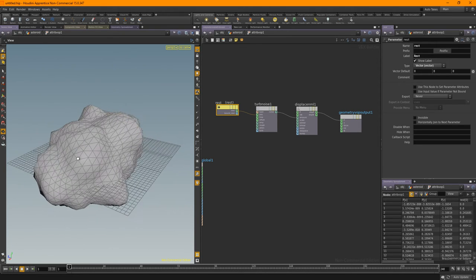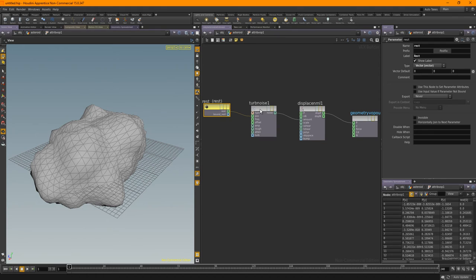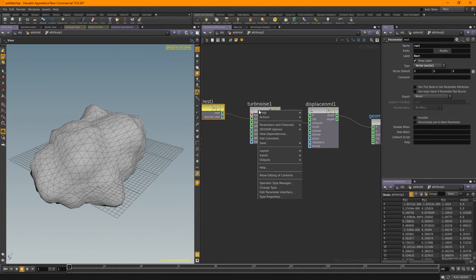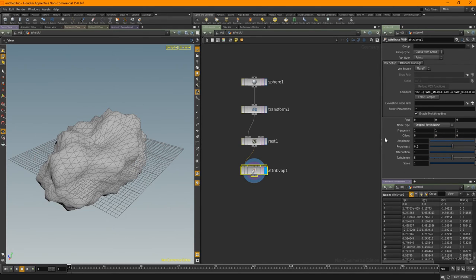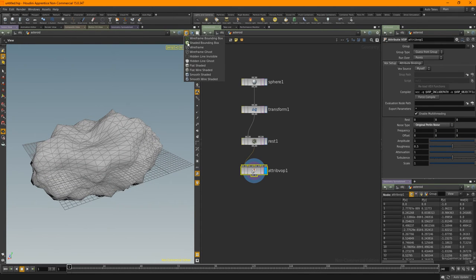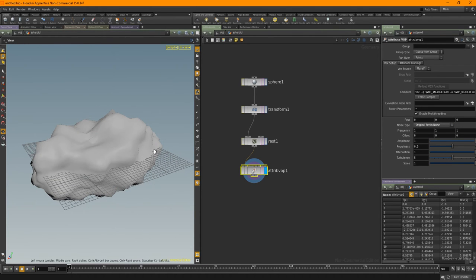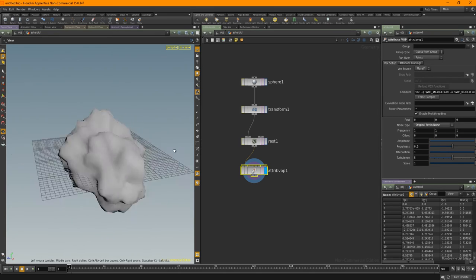displaced geometry. Right, okay. I don't really want to faff about jumping in and out of here, so I'm just going to right click on here and go Vex VOP options, and create input parameters, which will give us our parameters here. I'm only bothered about the scale one here, so I'm just going to middle click on scale, promote parameter. So if we jump up now on this node, we've got everything we need to access. So let's go with a smooth shaded for the time being, so we can see what's going on.